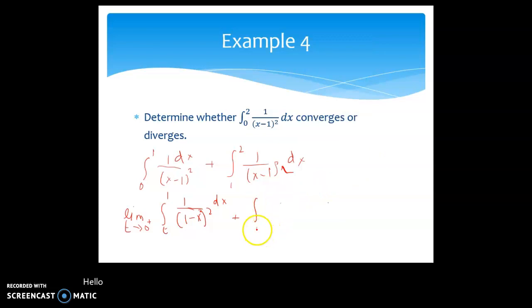Okay, so from t all the way to 2 of 1 over x minus 1 squared dx. So here